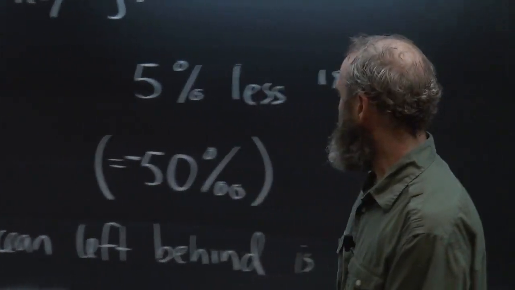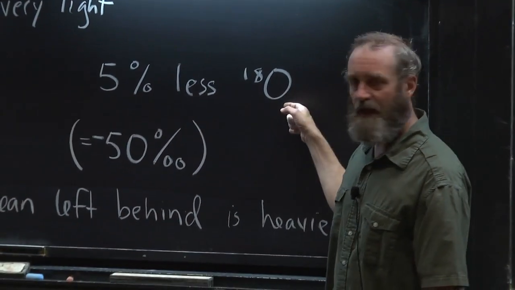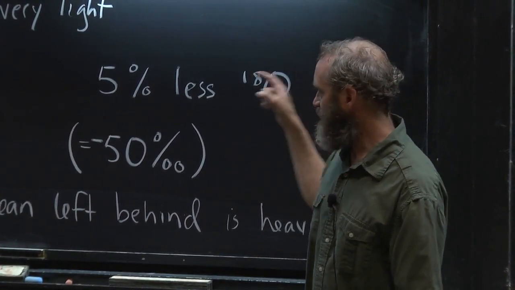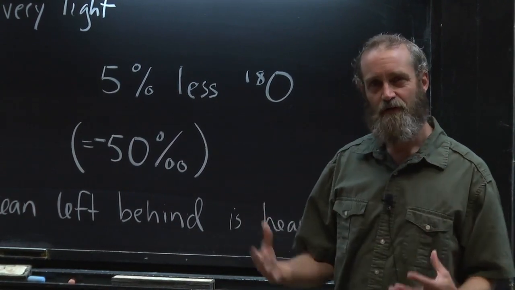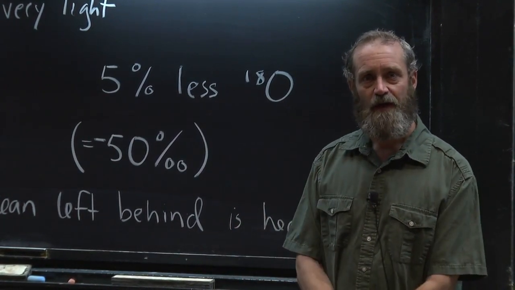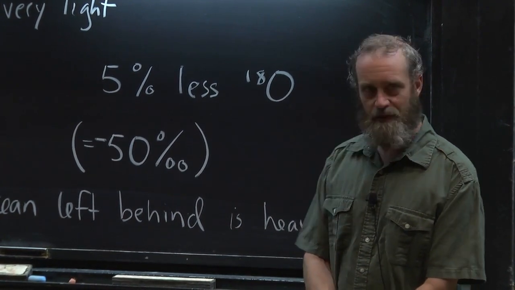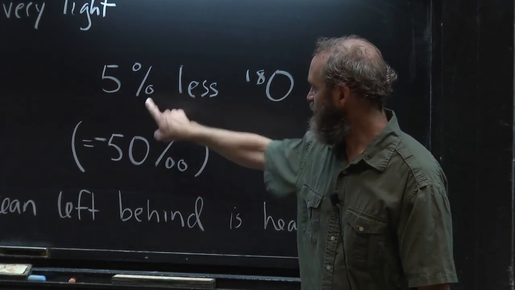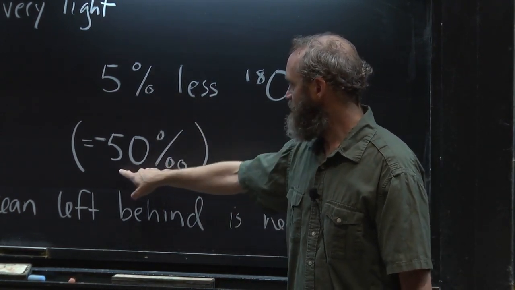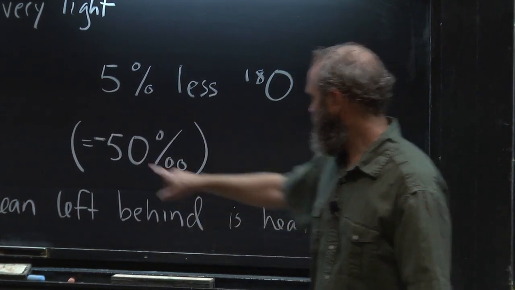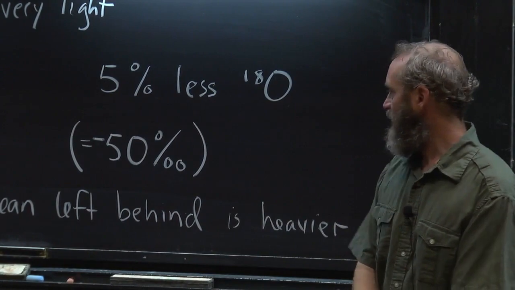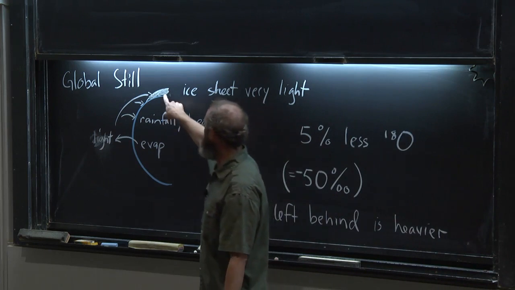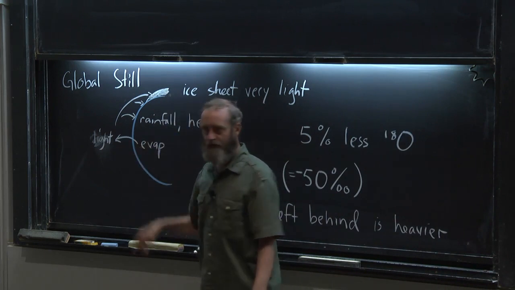So by very light, I mean something like it has 5% less oxygen 18 relative to 16 than the ocean has, which doesn't sound like a huge change, but it actually is a very large change, very easy to measure. And the way geochemists describe this is to do it in per mil instead of percent. So 5% is the same as 50 per mil. And the fact that it's lighter, they put a minus sign there. So the ice sheets have an isotopic signature of minus 50 per mil relative to the ocean,